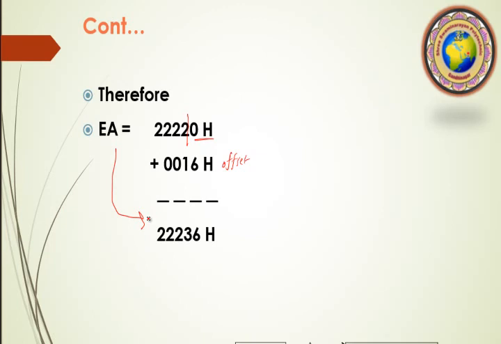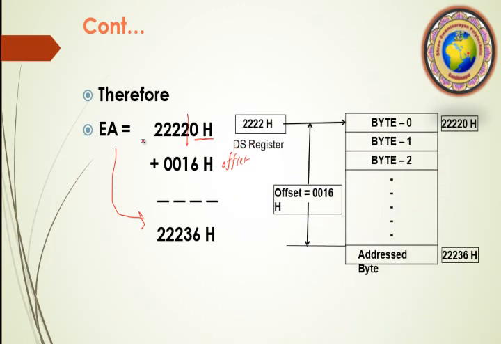That is how it will be represented graphically here. Our data register content is 42H. So here is the start, and we add 0H. Here is our starting position or starting address, and then we add the offset of 0016, and this address becomes our effective address or final address.